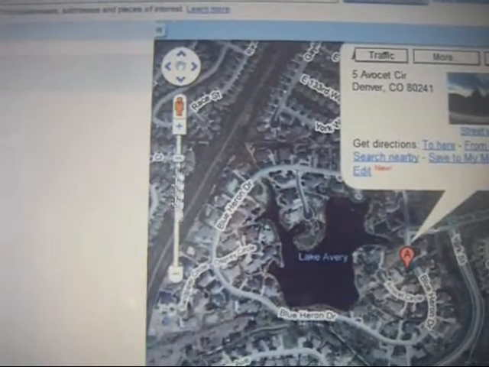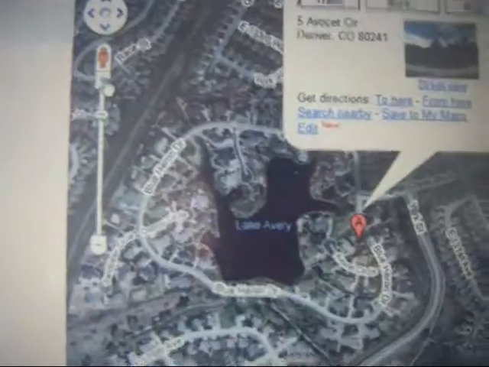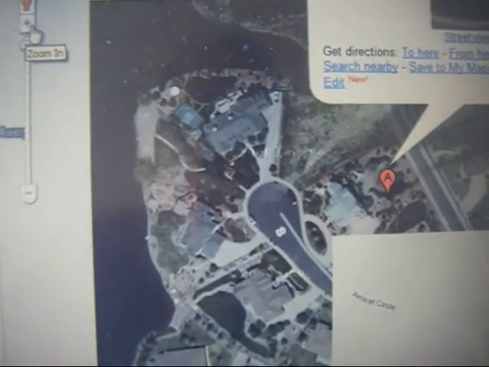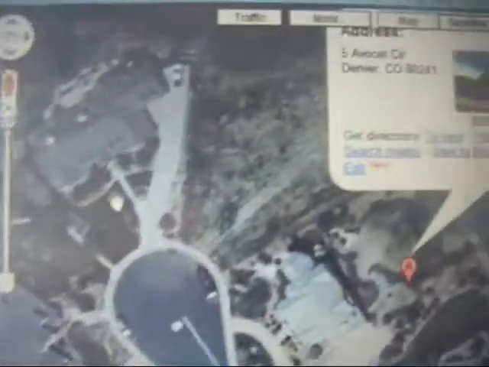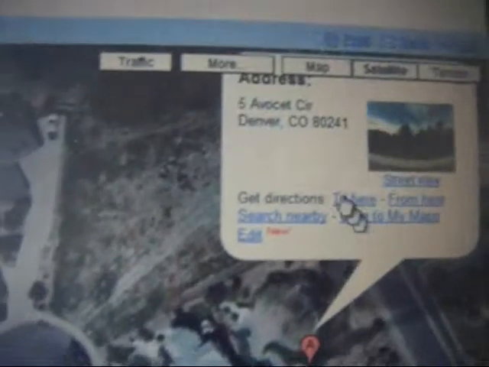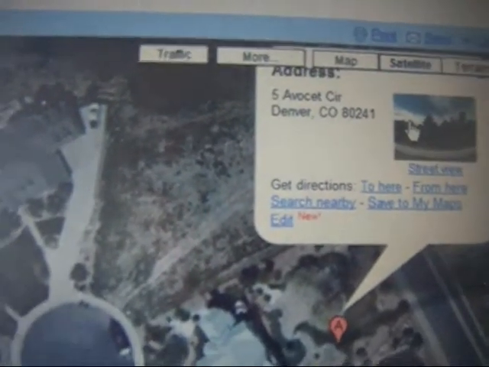So let's use this function over here, and we're going to zoom in and then take it to the highest zoom and actually look, and we go, okay, there's our house, there's the yard, there's where it took us to, which is in the backyard actually. Here's the cul-de-sac, and then the lake. The lake is right over here. Okay? Now, how do we get to a street level? You see the picture of the house there? Click on the picture,